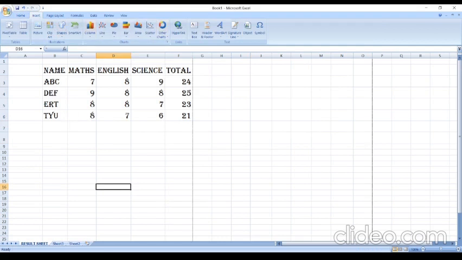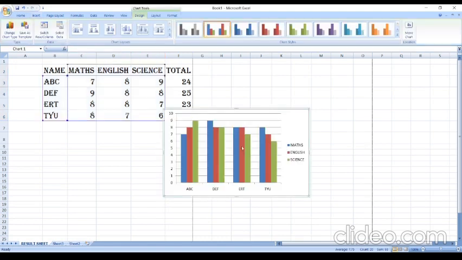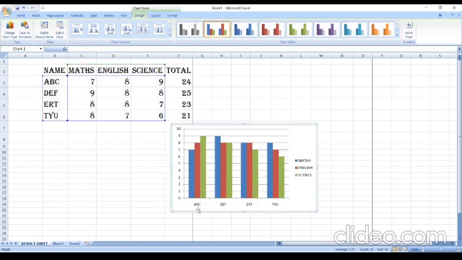But before making a chart, you need to select the data on which you want to create a chart. Chart is used to show the data in a presentable manner. I have chosen a column chart. You can see the chart appears automatically. It shows the names ABC, math marks, English marks, science marks accordingly.